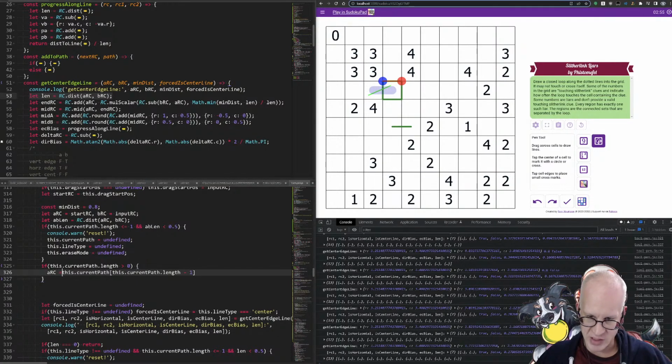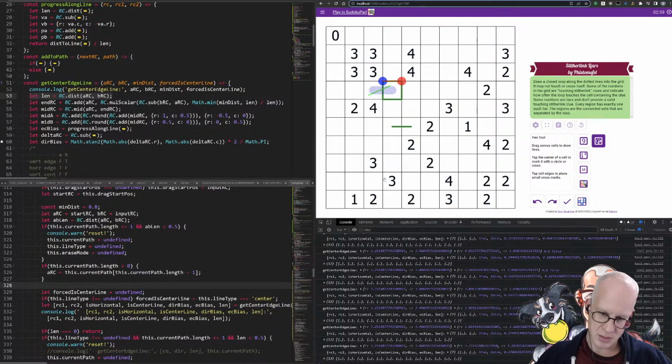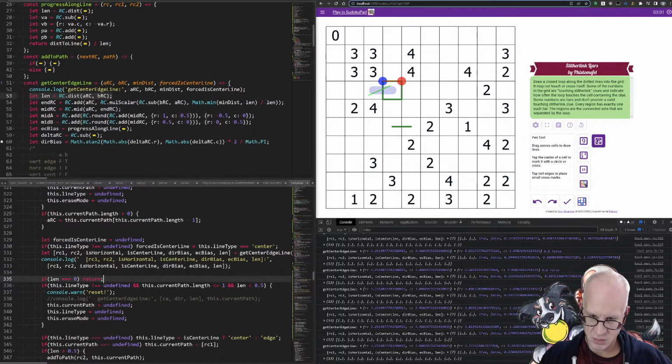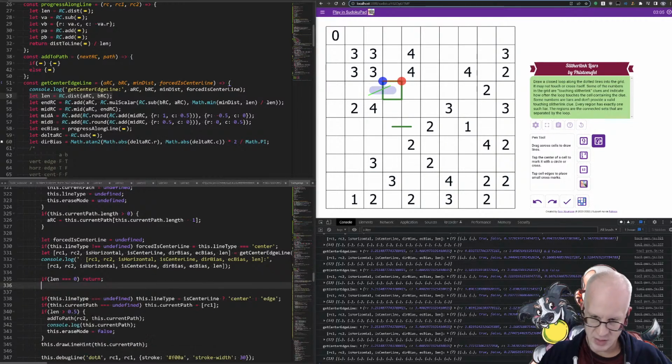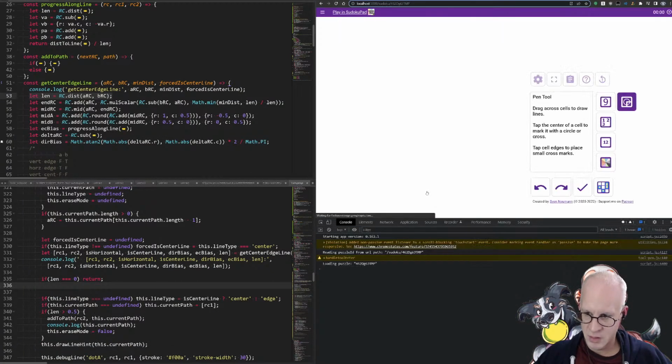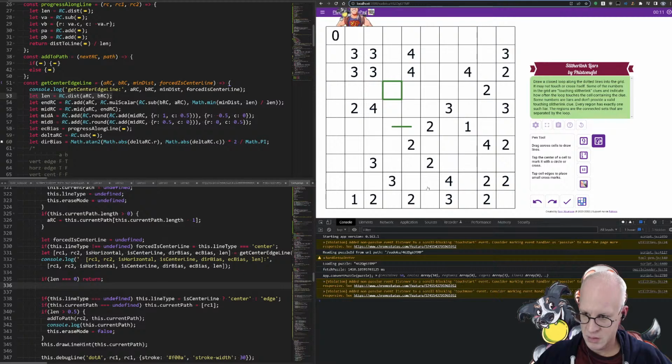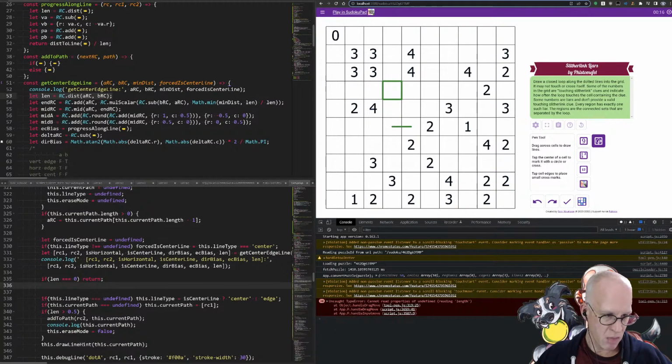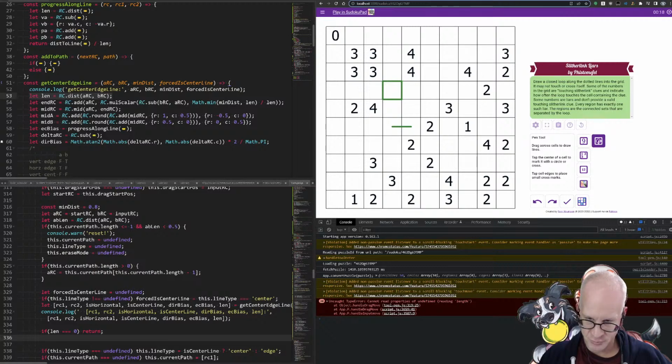I miss functions like tail from other languages sometimes. So that should now let us draw. If len is 0, return here. We don't reset again. Yeah, sort of. If this dot current path and